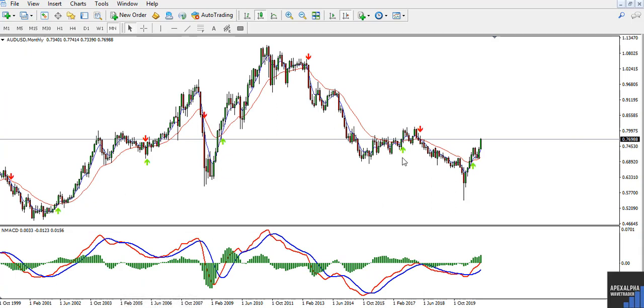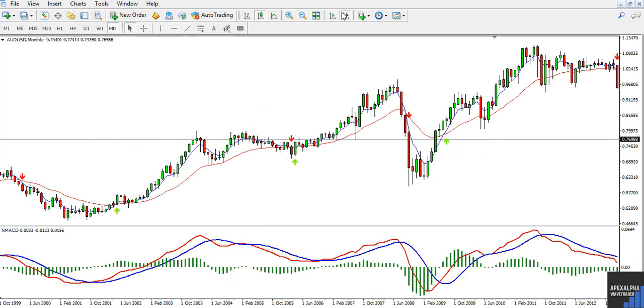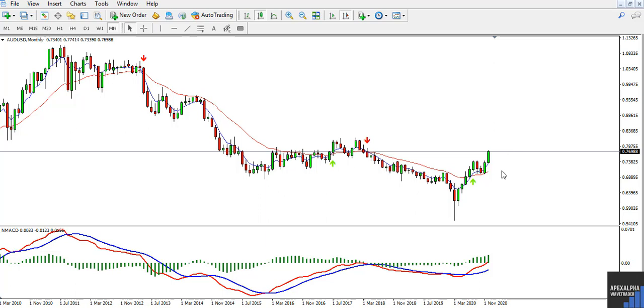You can see I'm on the monthly time frame here. You can see what's been going on right now. After this pullback, we got a golden cross on the MACD. You can see that we are strong on the Australian dollar. Just to keep things practical, our first area of possible target will be this level of resistance here. So going down to the weekly time frame,